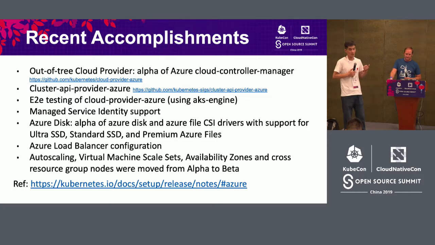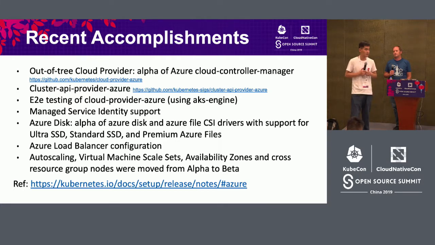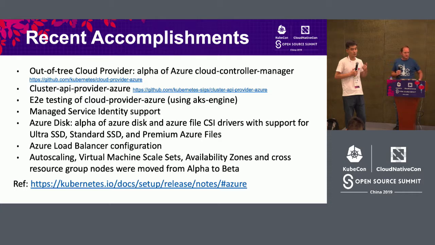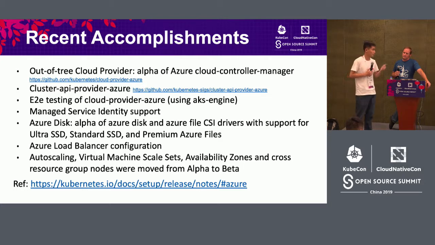And the next item is about managed service identity. For Azure, it supports many ways to authorize your applications. For example, the MSI, the user assigned MSI, the service principal. So you can choose to use any one. But from the Kubernetes side, Kubernetes needs to initialize itself and register itself to the Kubernetes node. So for Kubernetes, we support using MSI, we support service principal, we also support user assigned MSI.